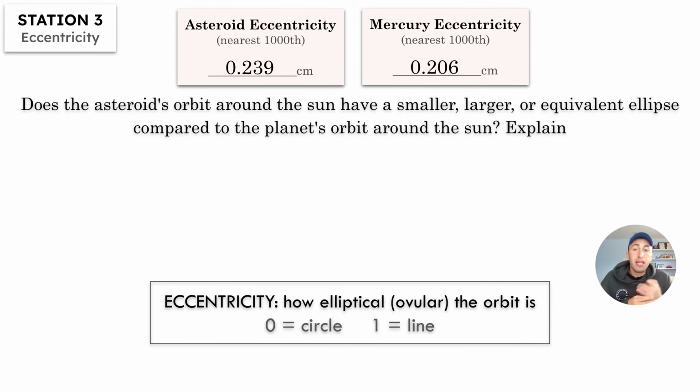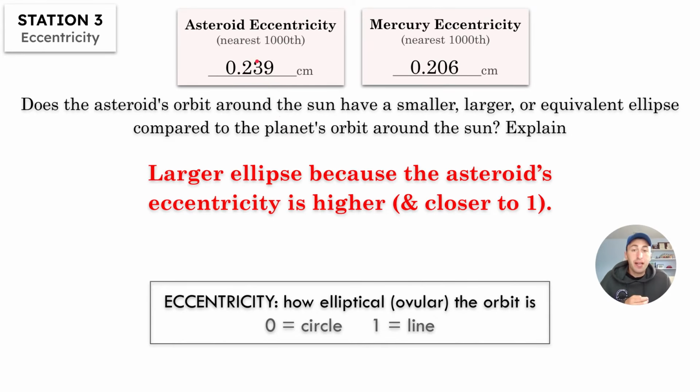So if we see here, the asteroid's eccentricity is going to be higher than Mercury's eccentricity. Since it is higher, it is going to have a larger ellipse, because the higher the eccentricity, the closer you are to 1, the greater the ellipse, the greater the ovular orbit around the sun that asteroid or planet is going to be. So this asteroid in this case has a larger ellipse because the asteroid's eccentricity is higher and therefore closer to 1, and therefore it has a larger ellipse than the planet that was given in this case, which was Mercury. So that's how you answer station 3 for eccentricity, and that is the 3 stations for